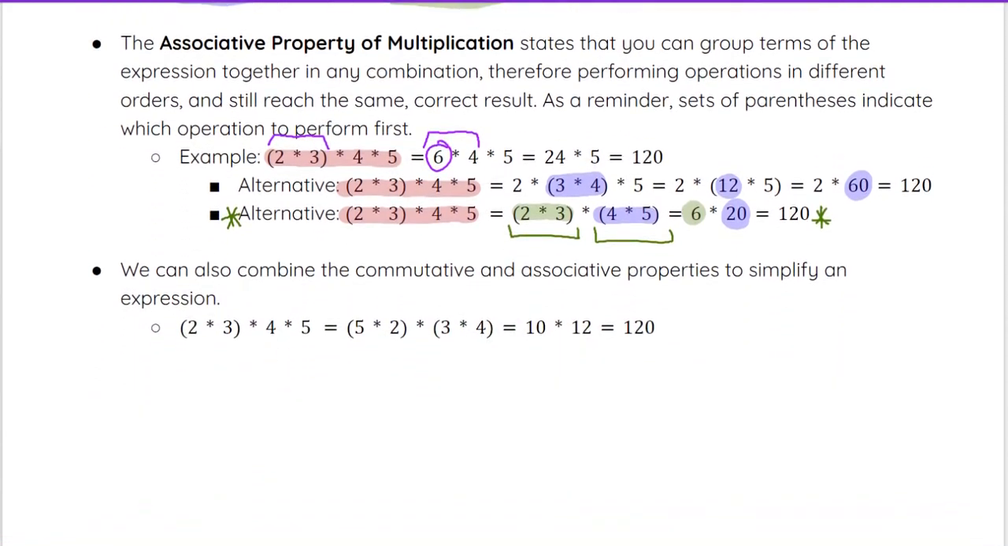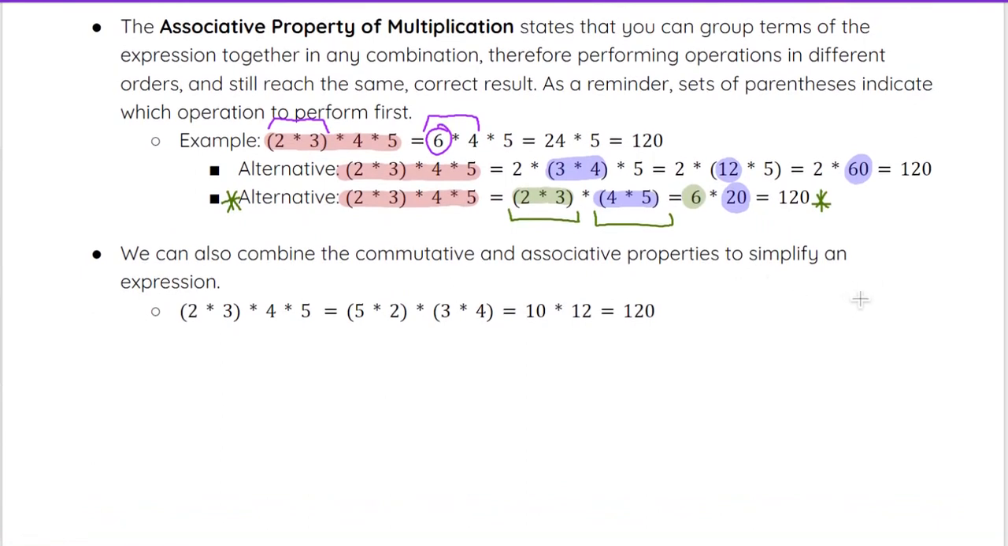Additionally, we can combine the commutative and associative properties to simplify an expression as well. So for example, if we're looking at that same expression, 2 times 3 times 4 times 5, I can not only change the grouping, but also the order of the numbers. So it doesn't have to go 2, 3, 4, 5. I could put 5, then 2, then 3, then 4, and also change the grouping so that 5 and 2 are together, and 3 and 4 are together. So in this case, 5 times 2 is 10, 3 times 4 is 12,